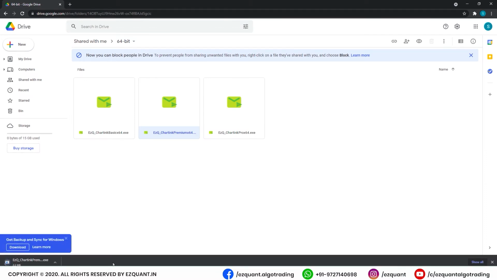You can understand how to use the software either by going through the documentation. We have all the steps written in the documentation, or you can watch this entire video completely and also understand what all features it has and how to set it up in your account. I'll just open the documentation from here.